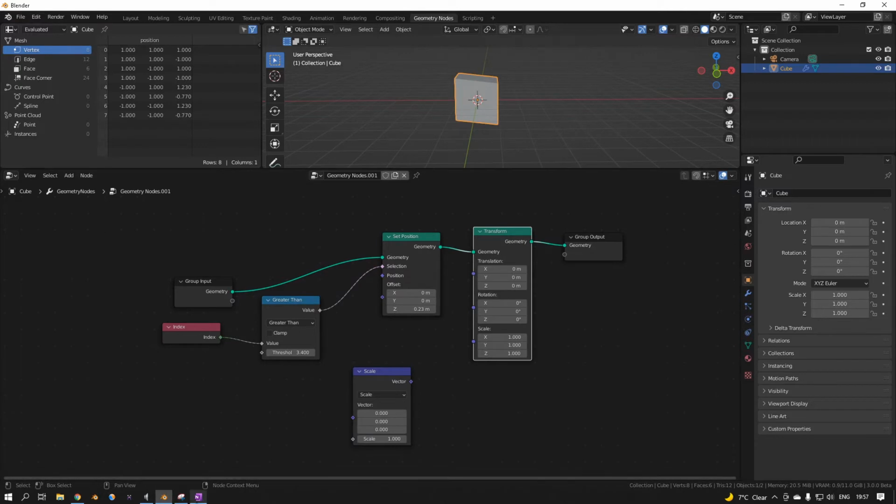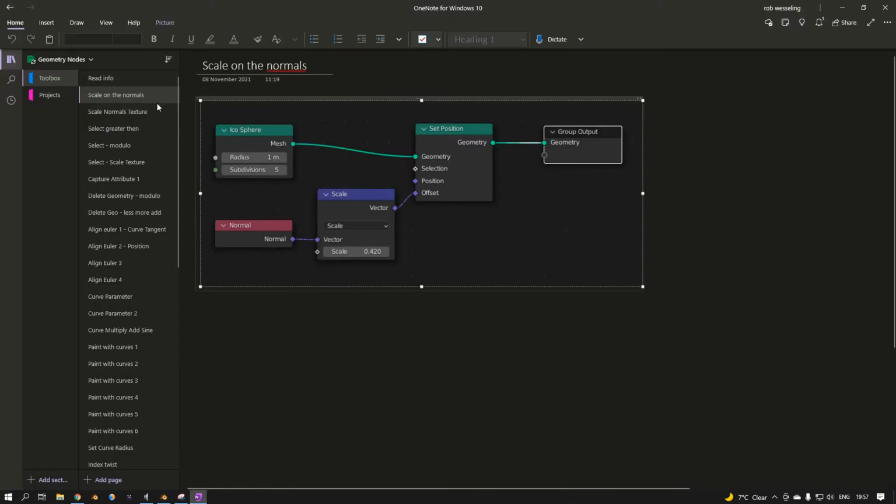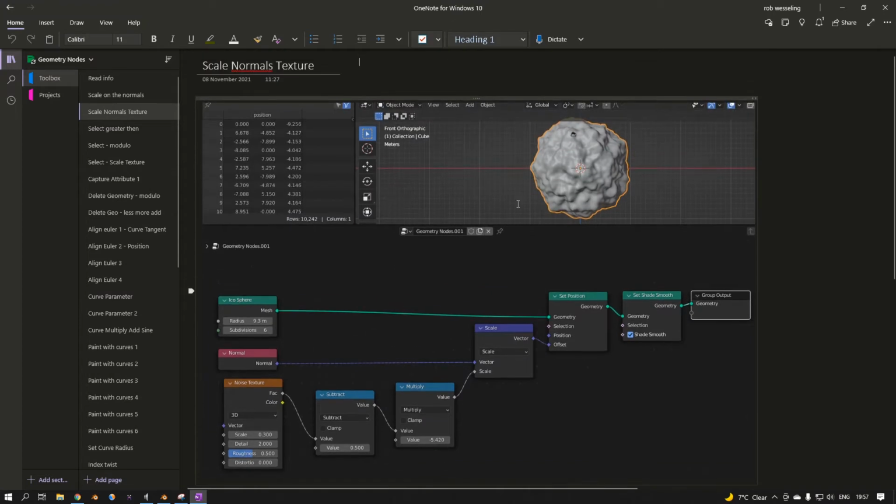So let me jump further. Scalar normals. Yeah, so there you find the scale I showed you. And in this case, we scale on the normal. That's how you do that. But often you want to use a texture to scale it. Very important here with this one. This is really important, the subtract. Because if you use this